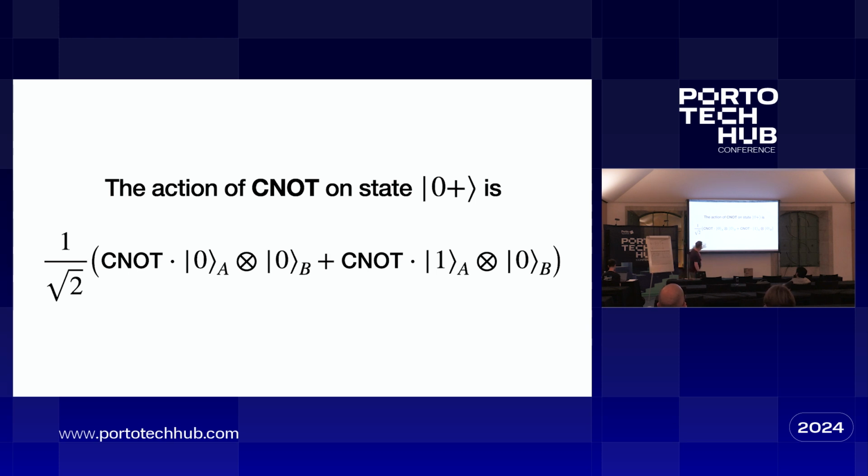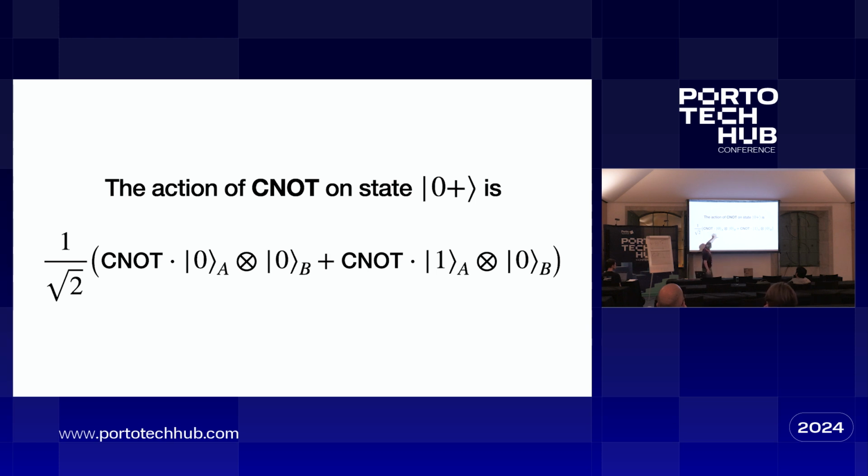So now I can apply this. I know how C naught acts. Remember, if I know how things act on basis states, then by linearity, I can extend their action to any state. If I know how an operation acts on every basis state, then I know how it acts on any state in the vector space by linearity. This is important. By just doing this trick, I just expand it out in its basis. I spent all that time explaining how to express things in terms of basis states, right?